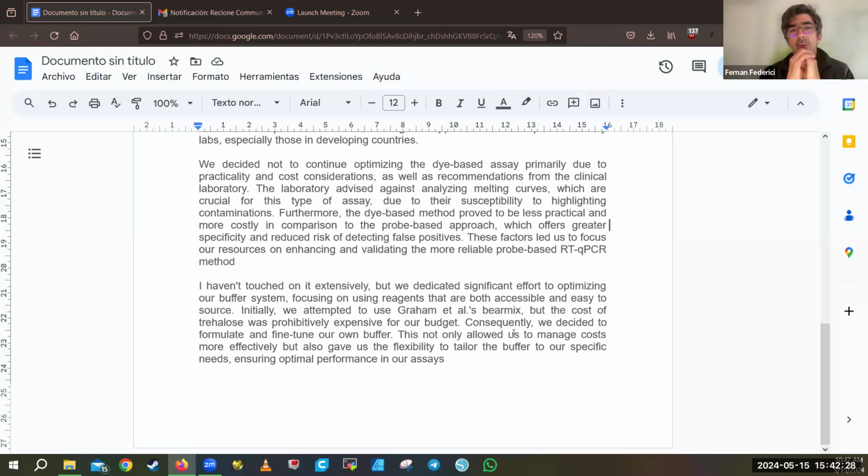And what Ariel did was to use some of the tags in the Reclone collection and make it work. And that was thanks to the existence of those tags, so we could rapidly make combinatorial assemblies and then try some of them. Some did work, some other didn't work.